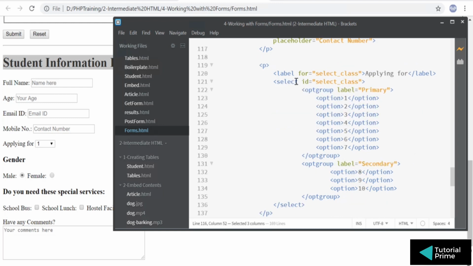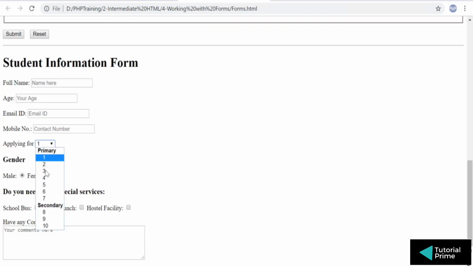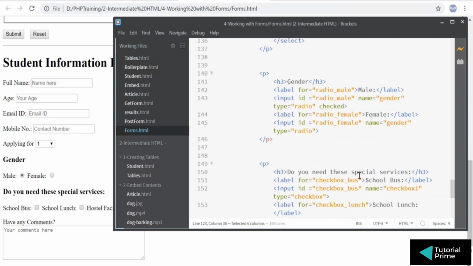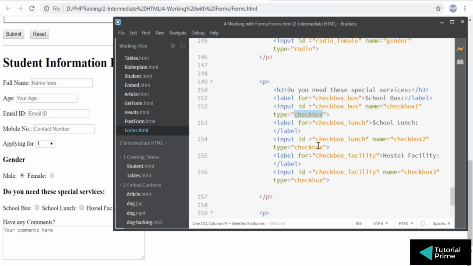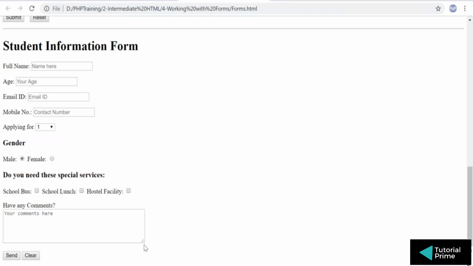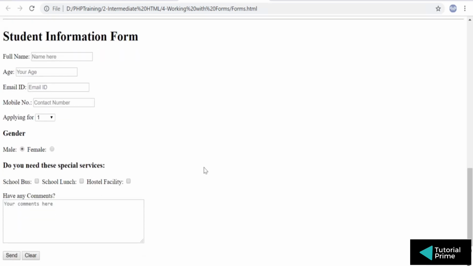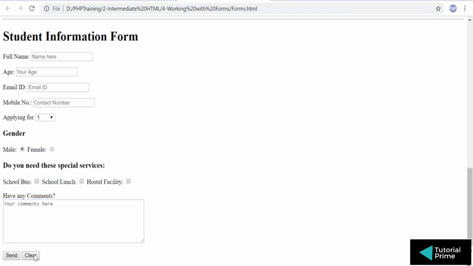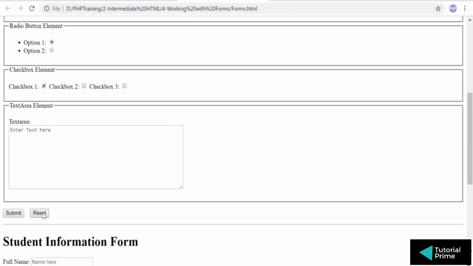Then you have select, which is basically the options, and you can add primary and secondary as your option groups, with options inside the option groups. Then you have the radio buttons and the checkboxes. Then you have your comments, which is multi-line, that is text area. And then you have your send and clear buttons. The clear button is for when you type something and want to clear it, it's automatically cleared.